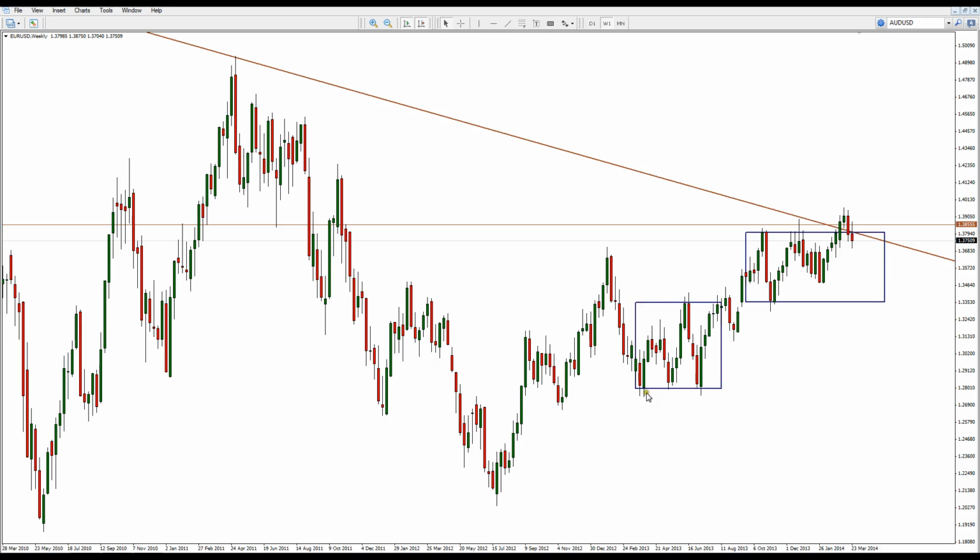We have a 2 weeks bullish pin bar. We are seeing a very strong bearish outside bar. The price gets to the support, and at the support